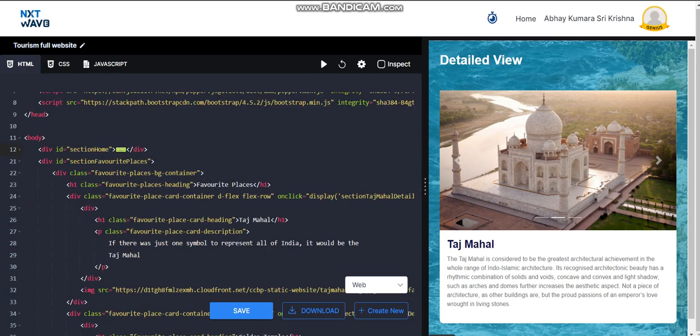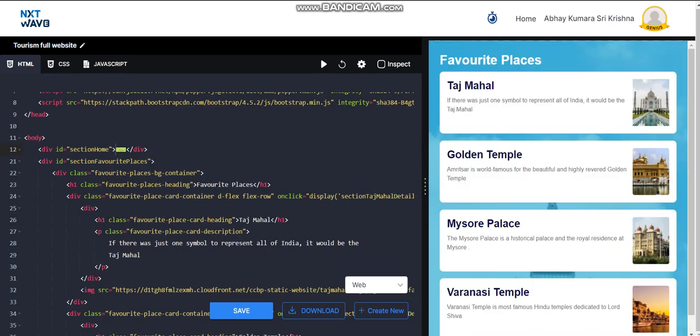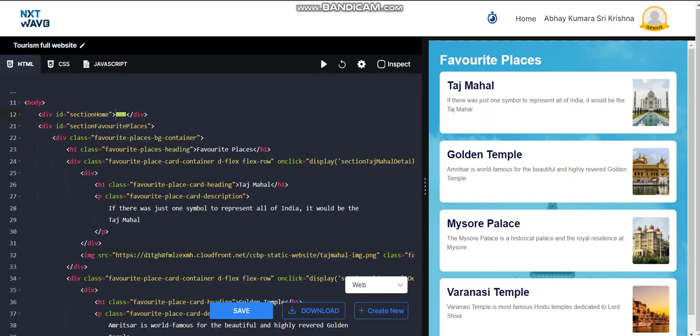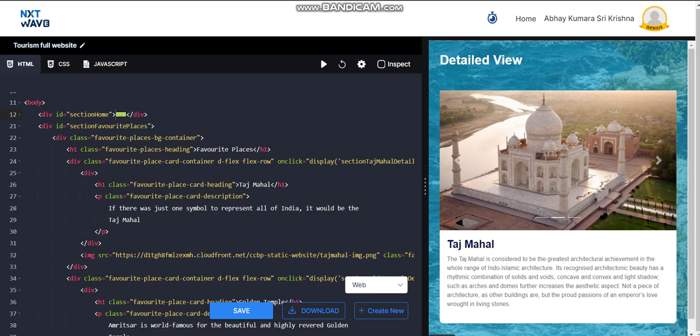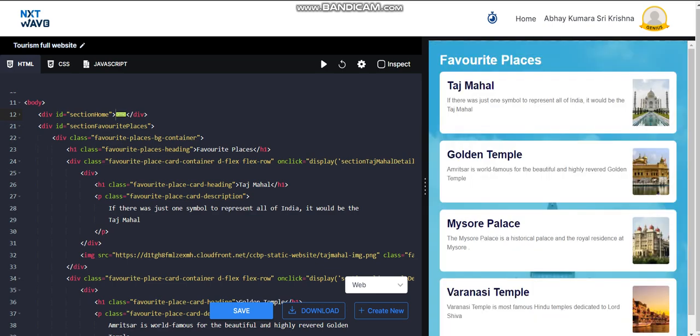Here I have added the onclick attribute to the favorite places card container. As I click on this Taj Mahal container, I am going to the Taj Mahal detailed view section.